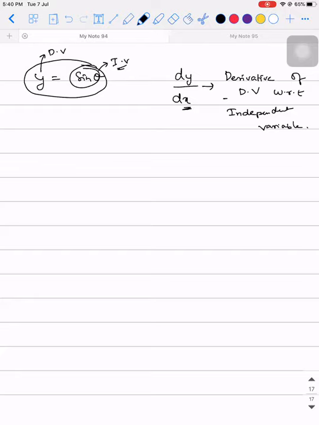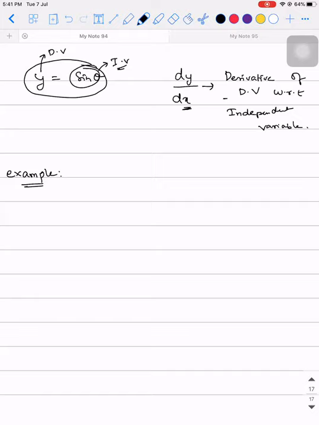So how this concept actually comes into physics, I'll give you some example problems. LHS is always dependent and RHS is always independent. LHS should be only one term, one variable. For example, it should only be y. It should not be like sine y is equal to sine x. It should just be y. Left hand side should be a variable. Right hand side should be an expression.